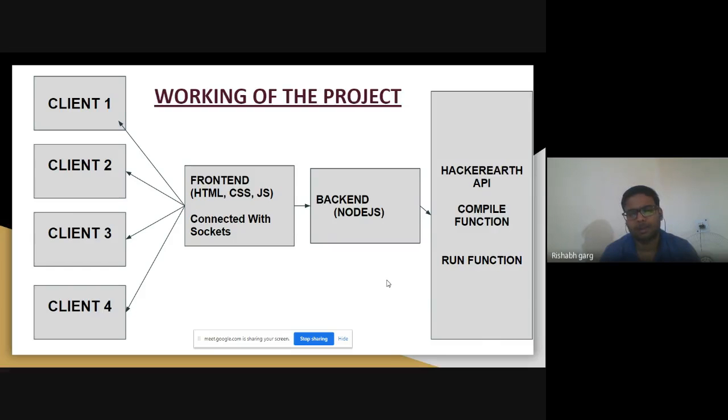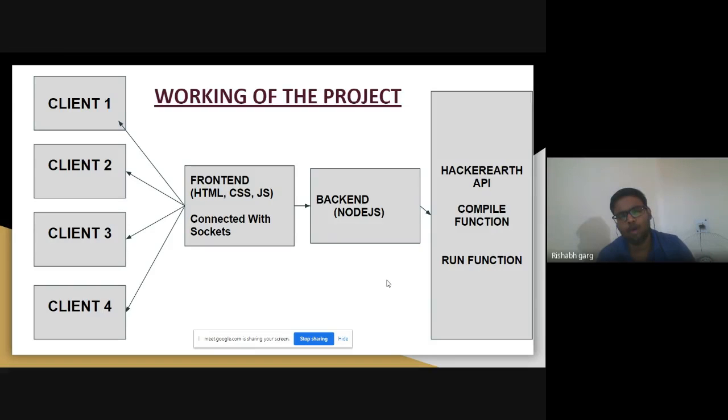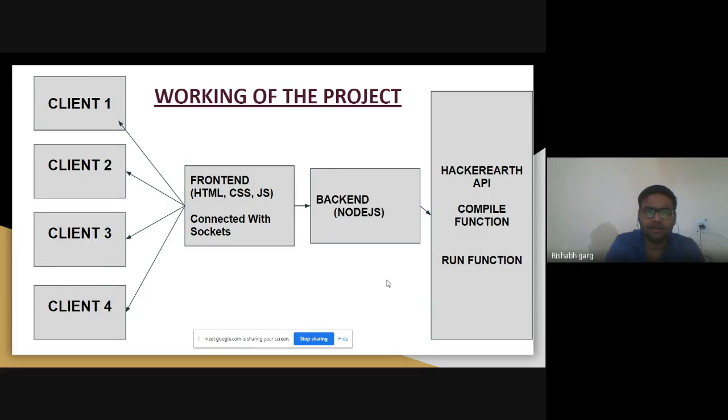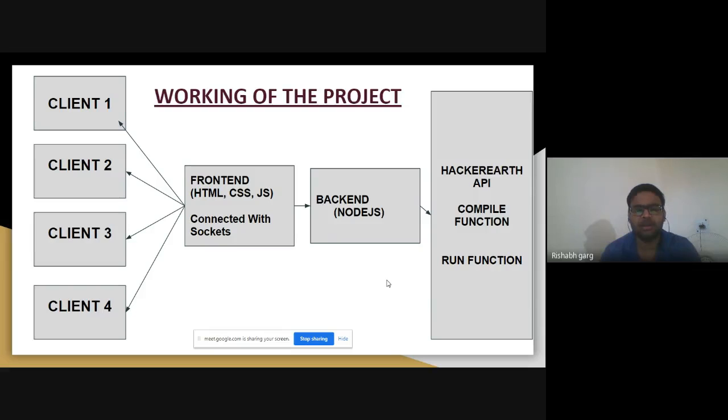Because sir, the main difficulty is that there are four to five clients, and one is giving input and we have to give the output. But when we are handling many clients, the IDE will get confused about which output has to be sent to which client. So we specify with the socket that this client has this input and we have to send a particular output.